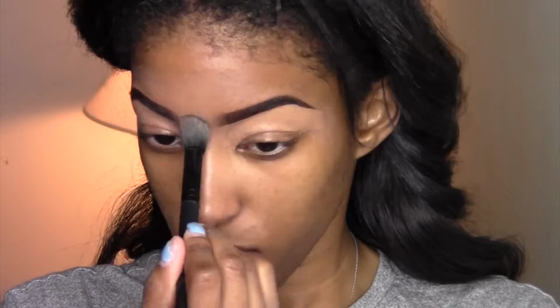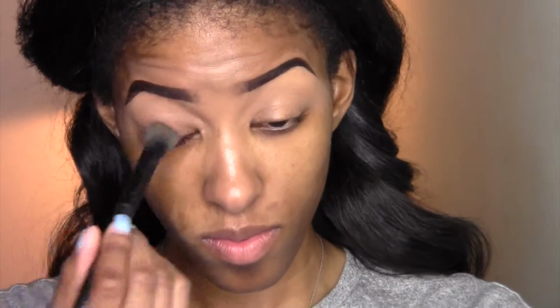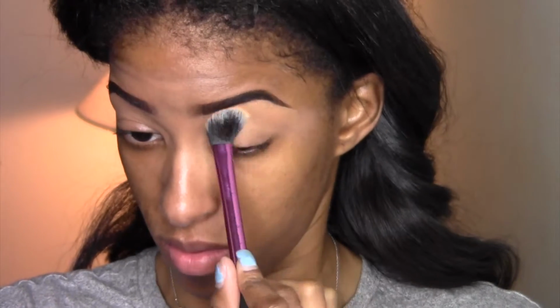I'm going to go on top of that with this, what brush is this? This is an e.l.f. brush. It's a Flawless Concealer brush by e.l.f. And I'm just going to clean up that concealer underneath my brow and on top of my brow just to smooth it out. Next, I'm going in with my CoverGirl Loose Setting Powder, and I'm just going to set that